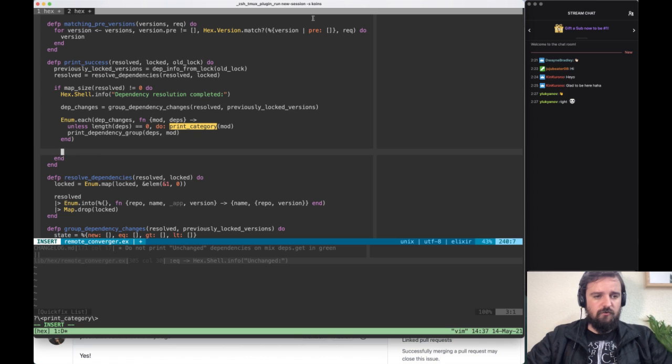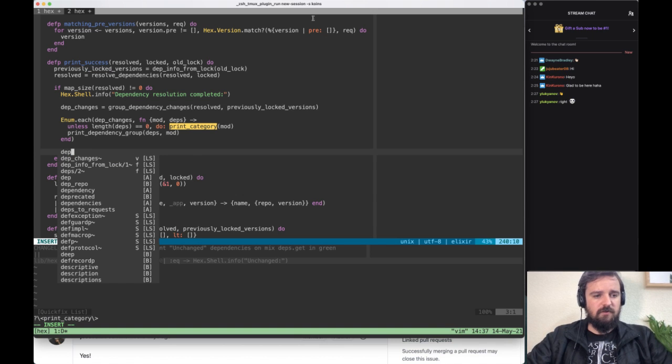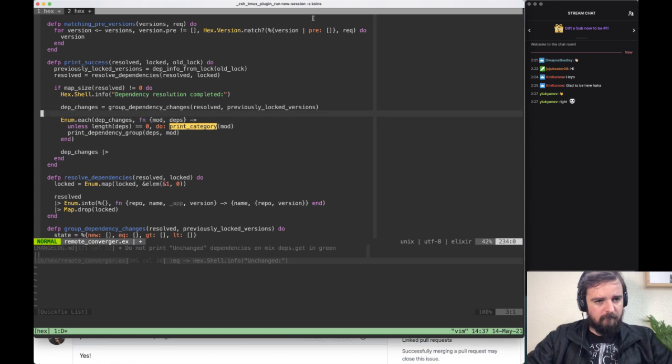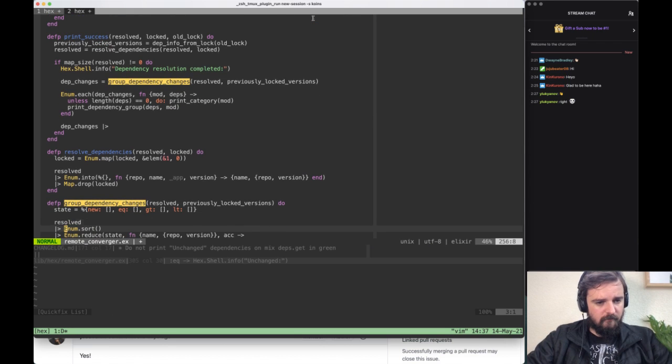So what I should do is get the dep changes, and what is the dep changes? Is it a map? It is. It is a map. So yeah, I can check if new